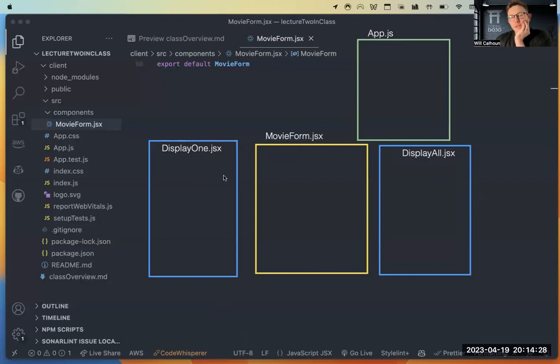Let's say each one of these, I wanted it to have access to all of them. And maybe with my display one, just for example purposes, we're going to filter it, and it's going to be a component for just Shrek. And this one is display all, but I wanted to have access to all of my values within my piece of state.